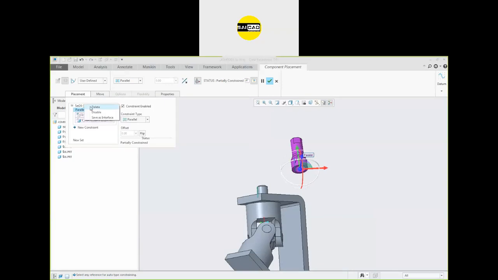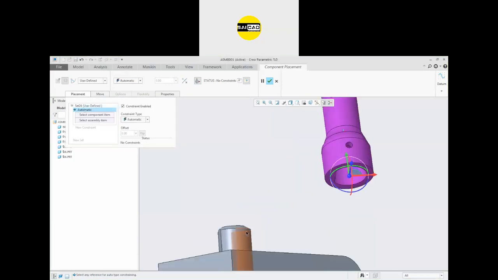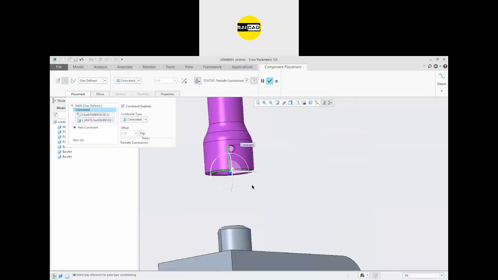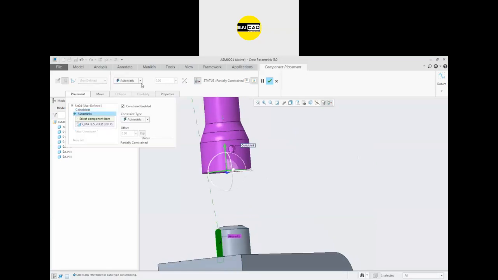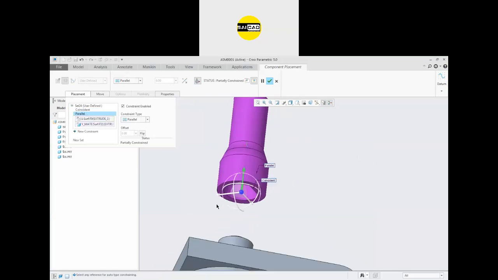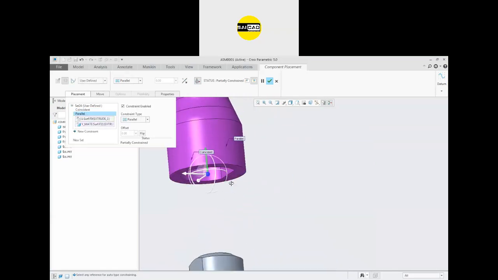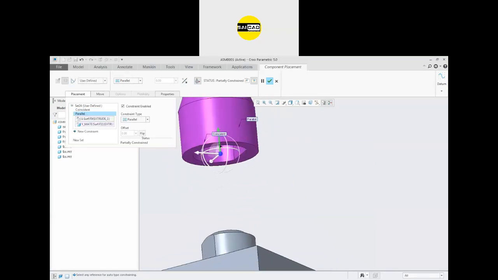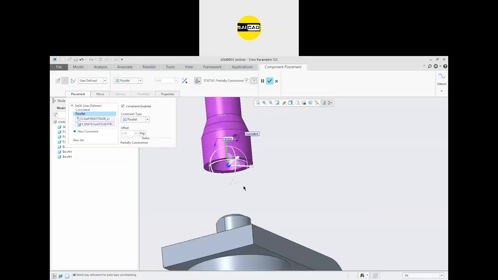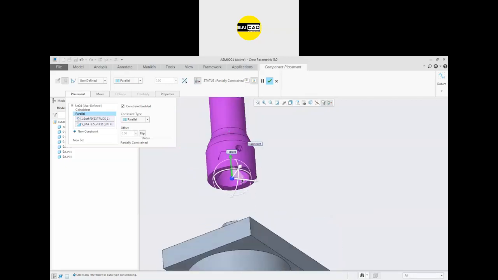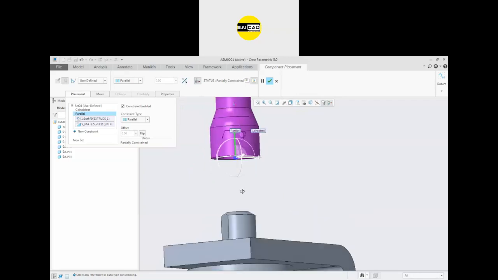Okay. Or I can just delete it. I can just apply first the circular, the coincident like that, and after that I can select the relation here, that is parallel, and select two faces, and you can see both the faces are made opposite to each other. Just click on the flip, both will be in the similar direction. Okay, so in this way the object is fixed, but it has a motion up and down.